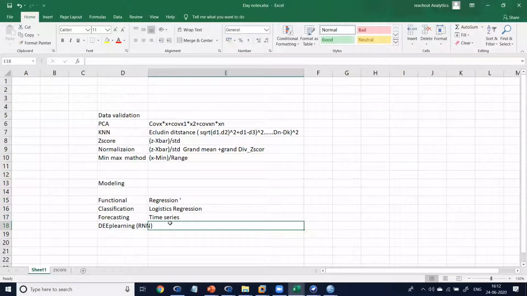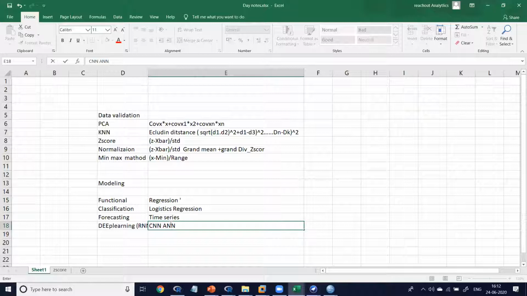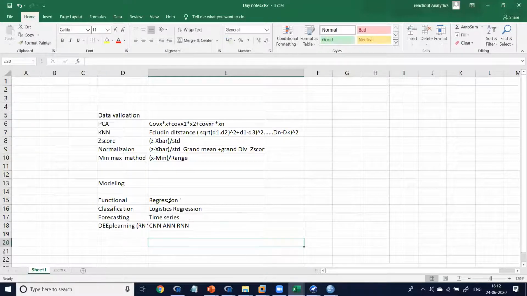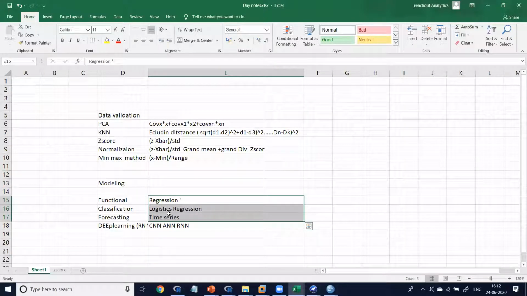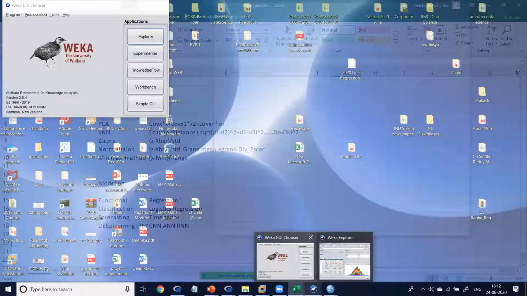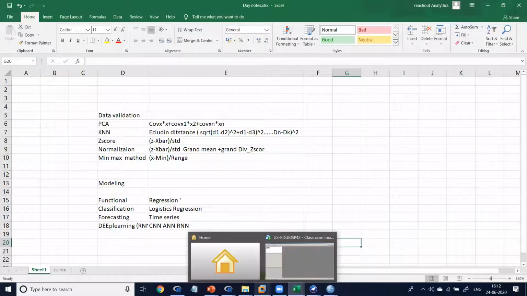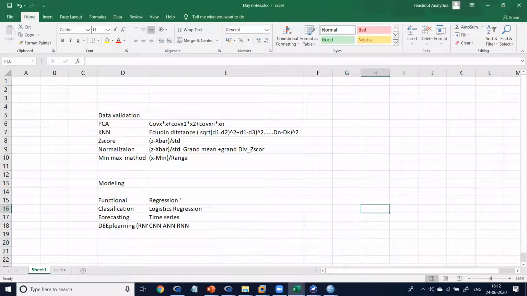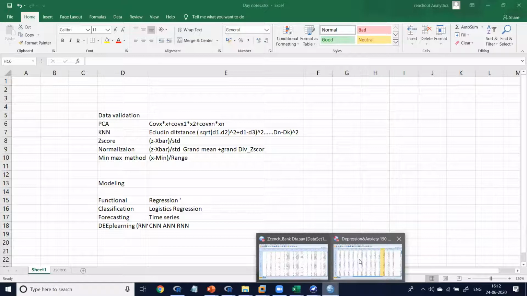The deep learning techniques are CNN, ANN, RNN, for applying all of the above three. Okay. So, come to here.